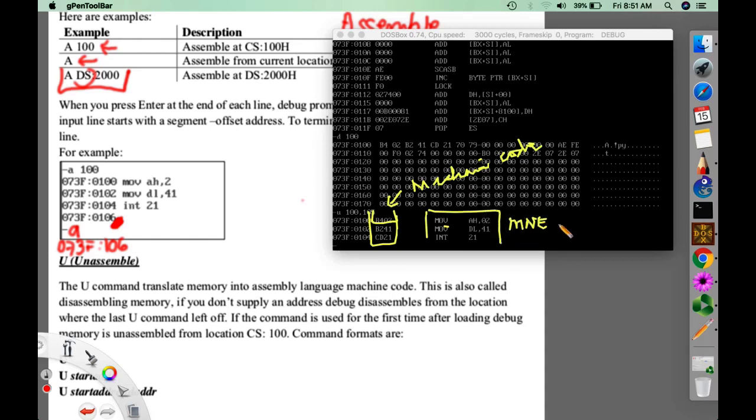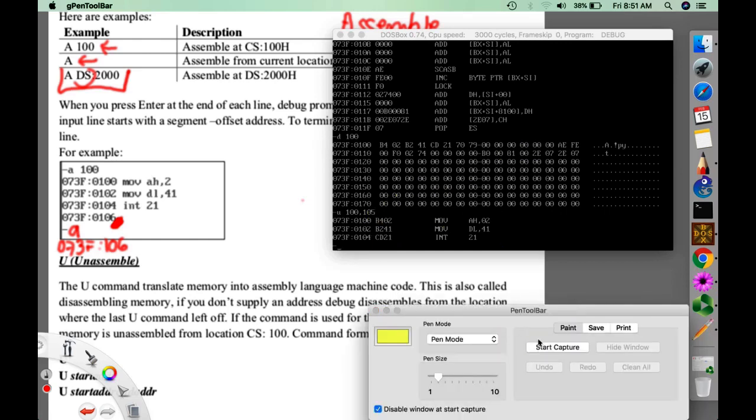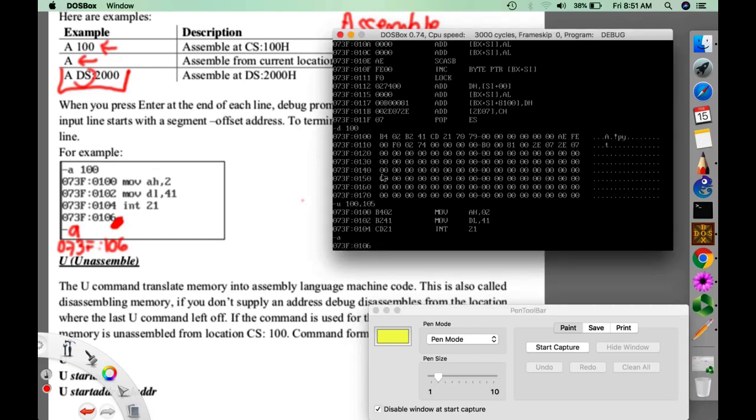And this is what we call the mnemonic, or the assembly language code. Say for example, I would like to assemble again. As you can see, it continues with 106.